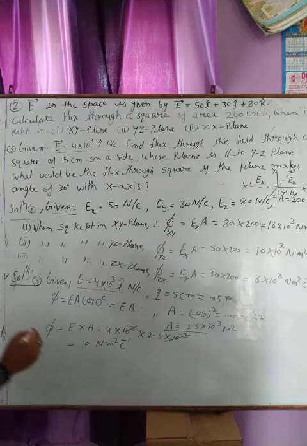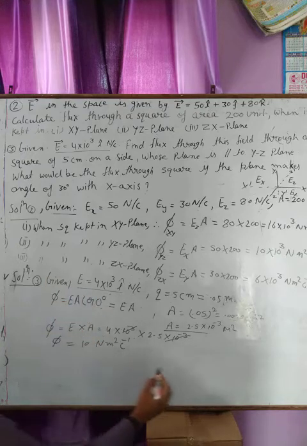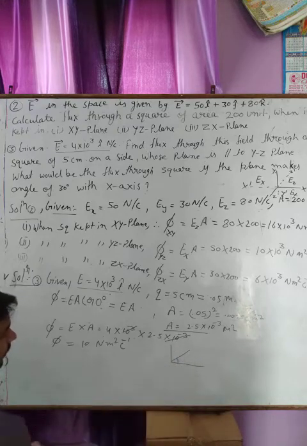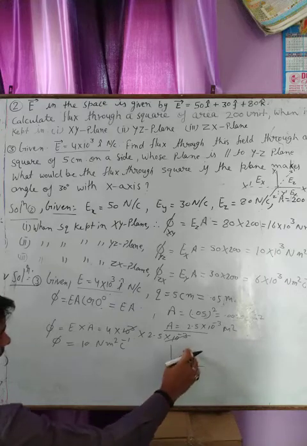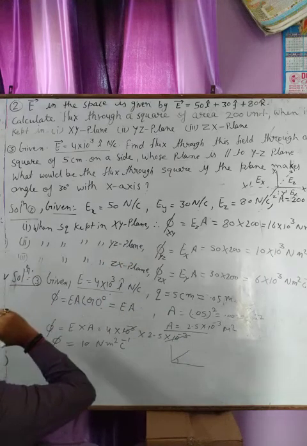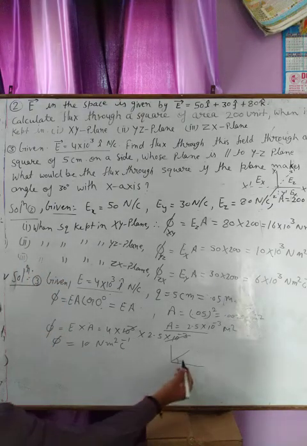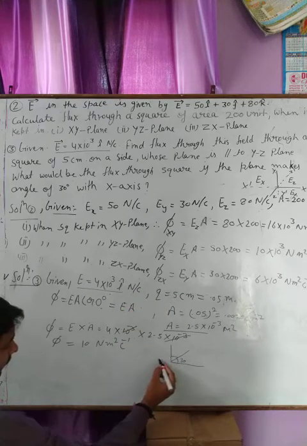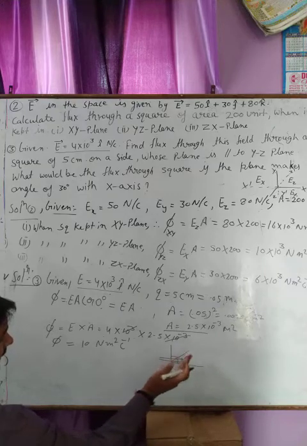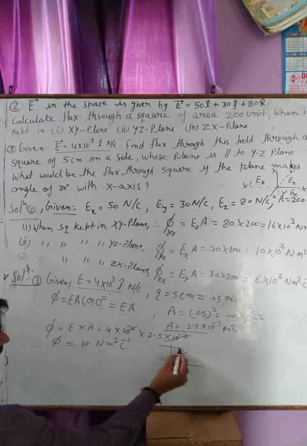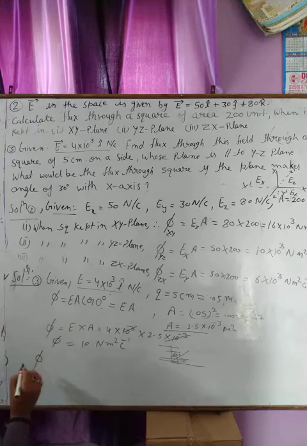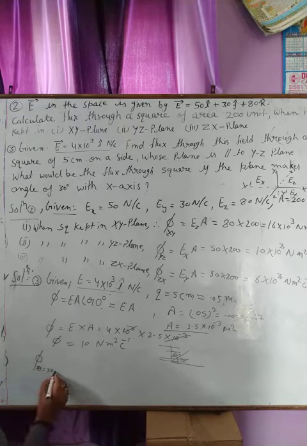Now if it makes an angle, suppose we have this and the square is kept like this. Okay, so the angle of 30 degree with this, so this angle is 30 degree and the remaining angle is linked with the surface. The field lines were going like this, so if we incline it by 30 degree, the field lines which go through this surface make 60 degree, and we need to calculate this. So the flux passing through at theta equal to 30 degree with the x direction